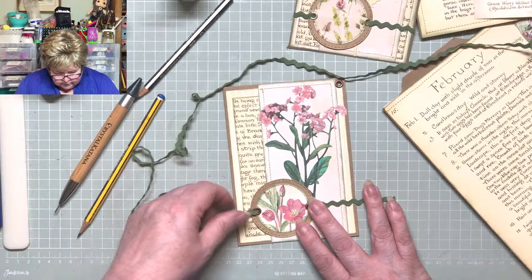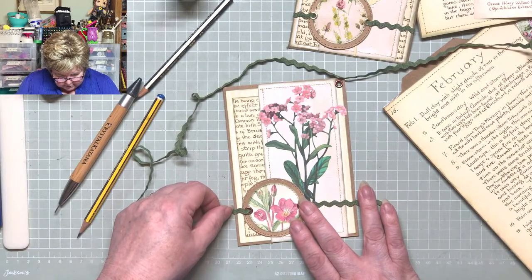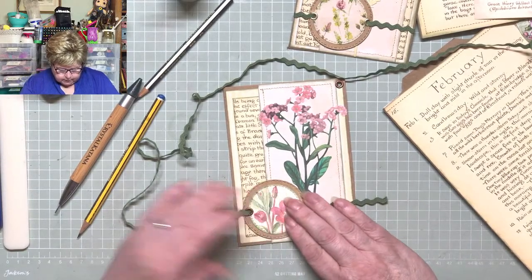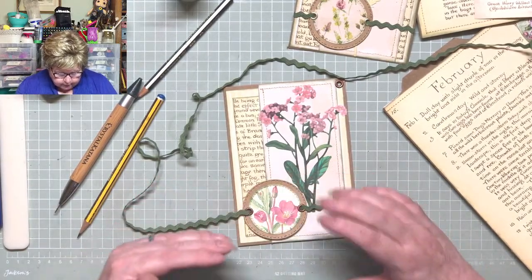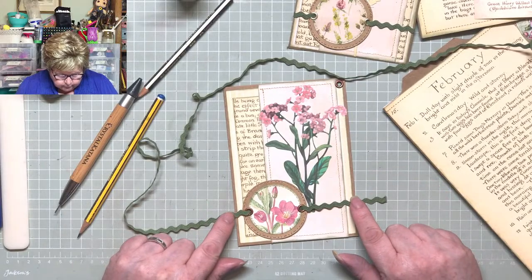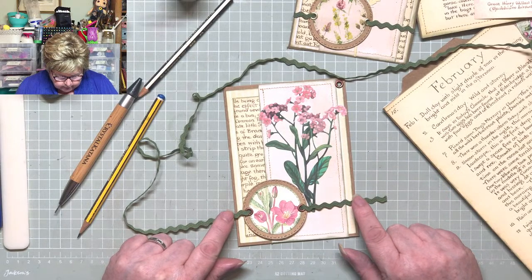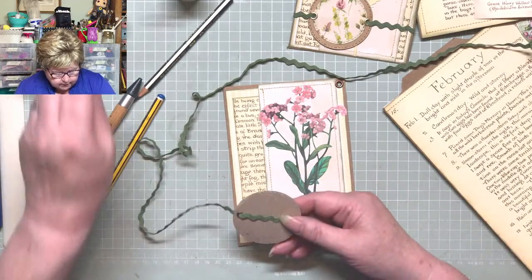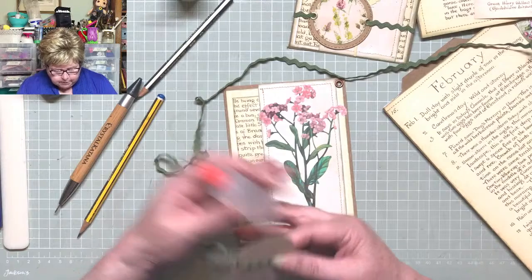Okay, I'm going to bring that over just a little bit, just to there. I like it there. That's fine. That's good. So I'm going to glue that on there. I'm not going to glue the rickrack because I'm just going to fold it over to the back and it'll hold it there. So with the Fabri-Tac,